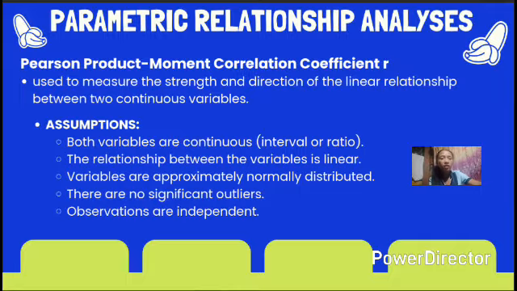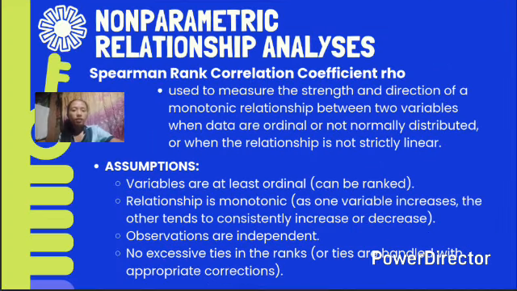Second, the relationship within the variables is linear. Third, the variables are approximately normally distributed. Fourth, there are no significant outliers. And fifth, observations are independent. So for the non-parametric,